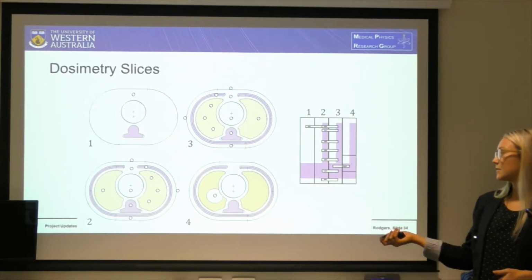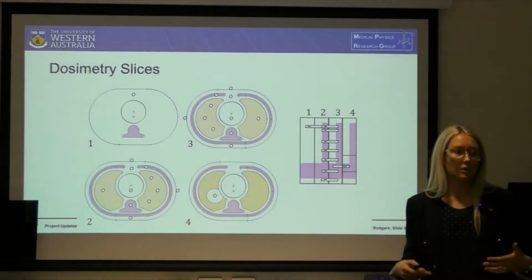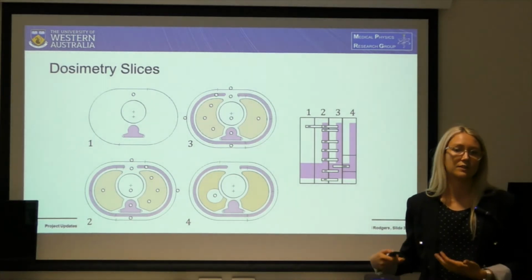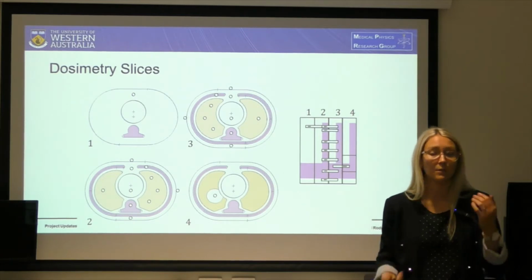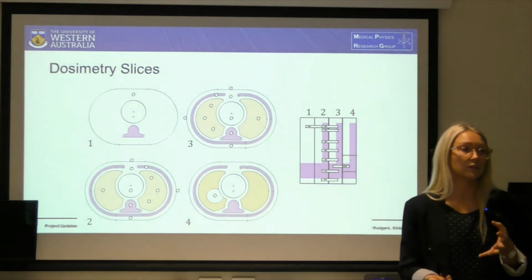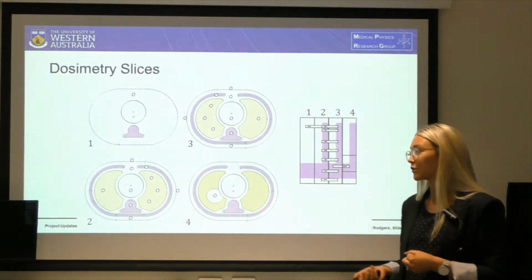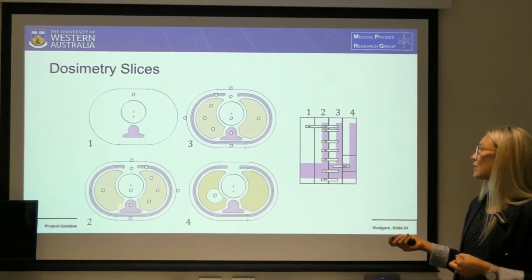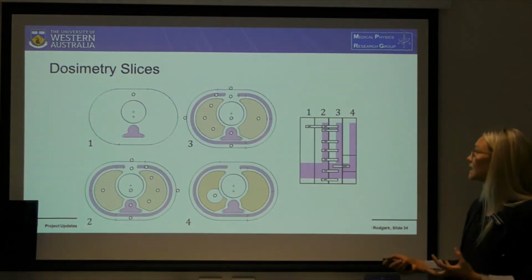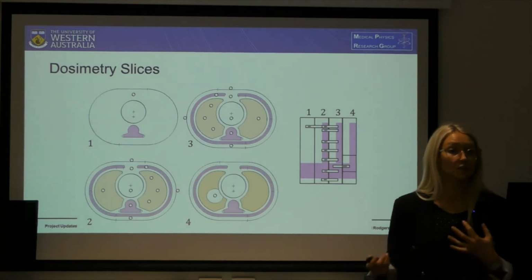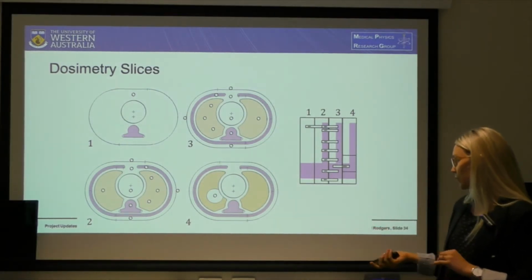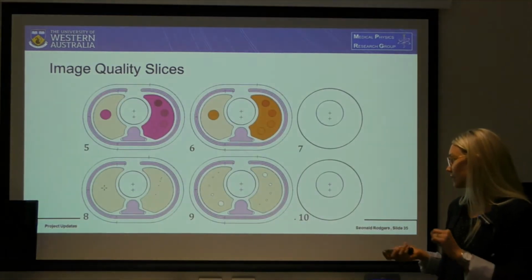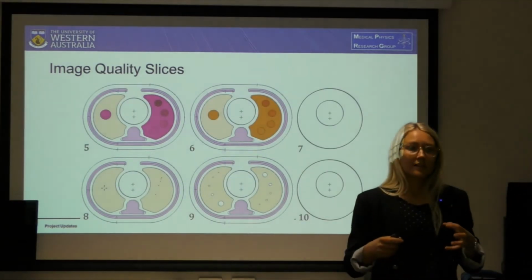At the opposite end of the spectrum, slice 4 was the base of the lungs with a soft tissue insert and a TLD position to estimate a liver dose as well. So these regions are typically included in a chest CT scan for paediatrics. So the majority of the rest of the TLDs were positioned between slices 2 and 3 as an array of different doses being deposited in different tissues. Now, 6